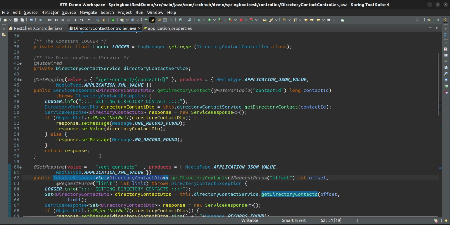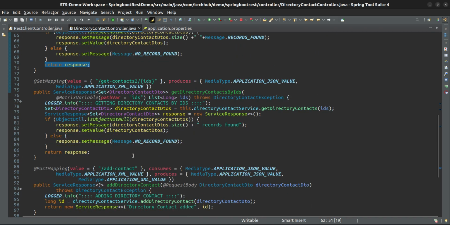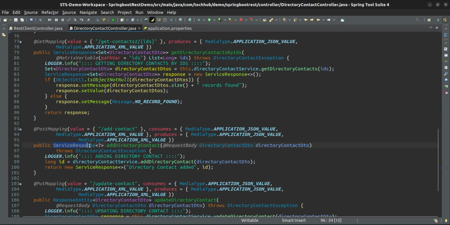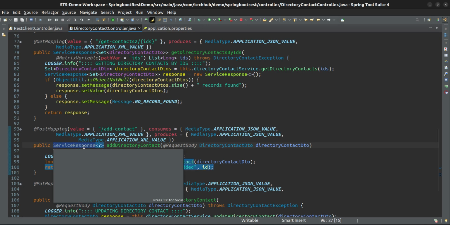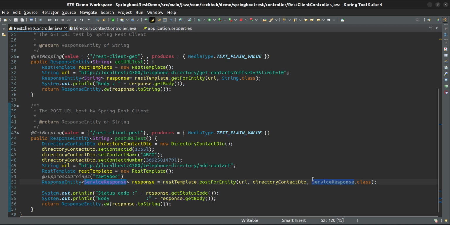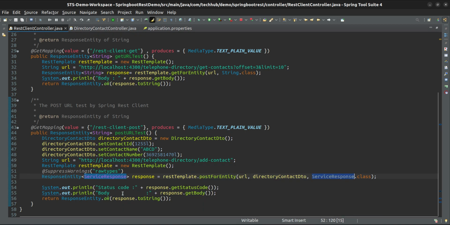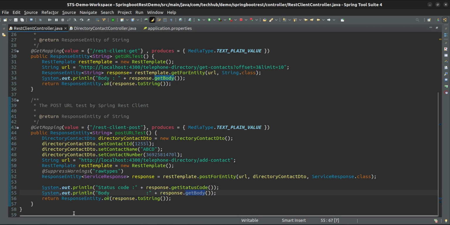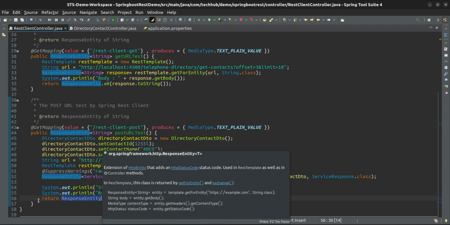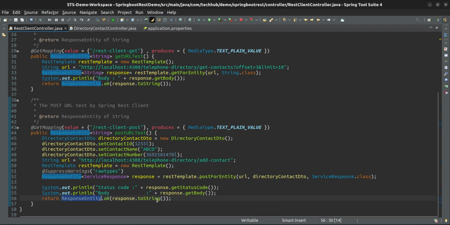add contact? If you see, the return type for add contact is service response, so that only we are specifying here, and whatever the status is, we will get, and the body we will add. Simple, we are just printing, and the response entity, okay, this body we are passing. So now just try for REST client post,